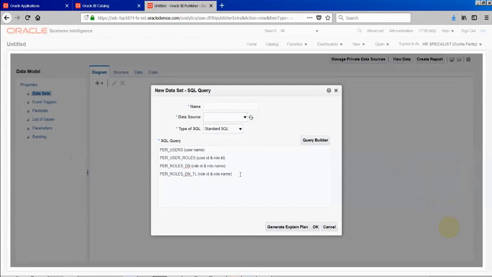Now, with these tables we can pull the username, and from here we want to pull the role name. What if you wanted to know the person? Every role is attached to a person, right? If you want to know the person name, the most common way is using the person table. The person name is nothing but the employee name. It can be an employee, a contractor, a contingent worker, a vendor, a supplier, a customer, can be anything.